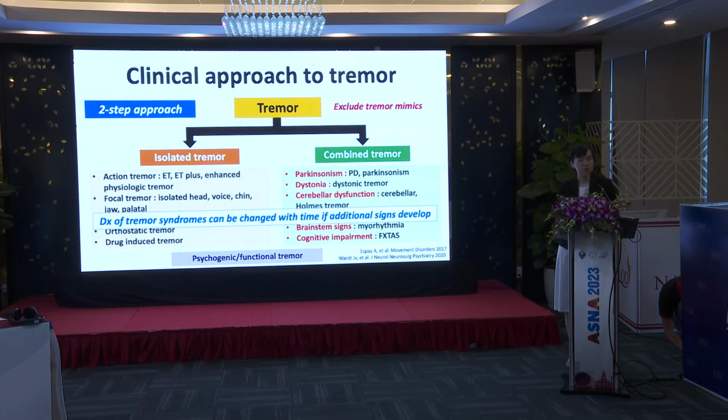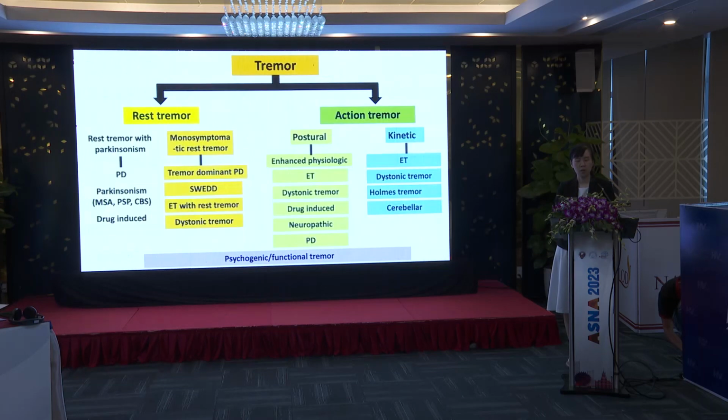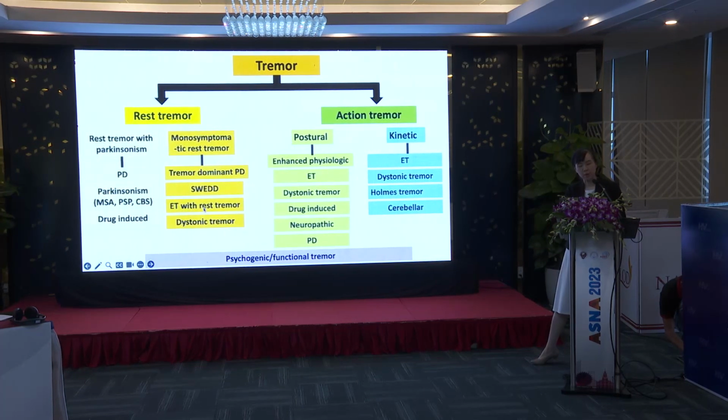Diagnosis of tremor syndrome can be changed with time if additional signs develop. Tremor syndrome can be classified into rest or action tremor, as I mentioned earlier. The tremor basically at rest can be in Parkinson's disease, Parkinsonism, essential tremor with rest tremor, or dystonic tremor. While the patients that predominantly have action tremor, either postural or kinetic, could be enhanced physiologic tremor, ET, dystonic tremor, drug-induced